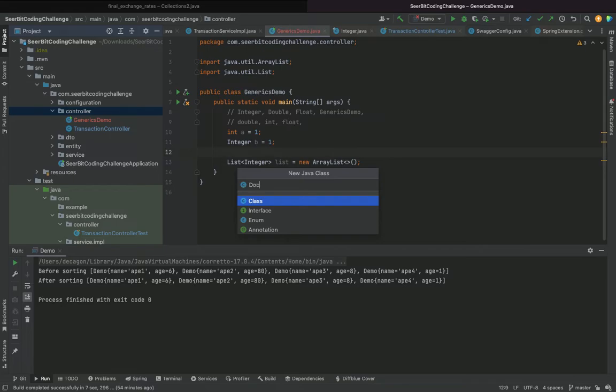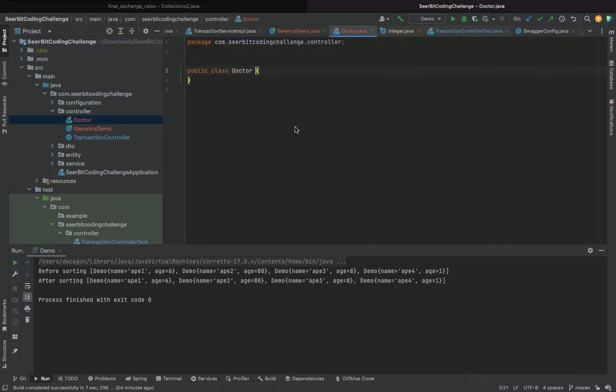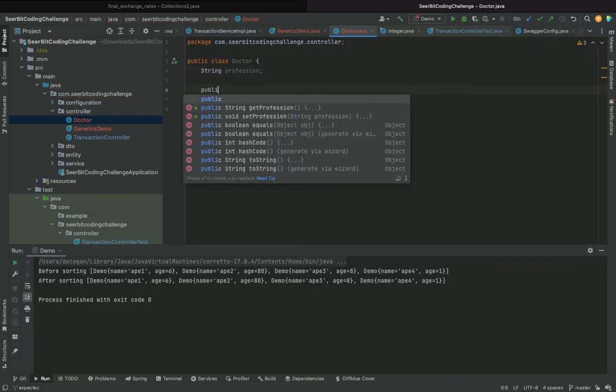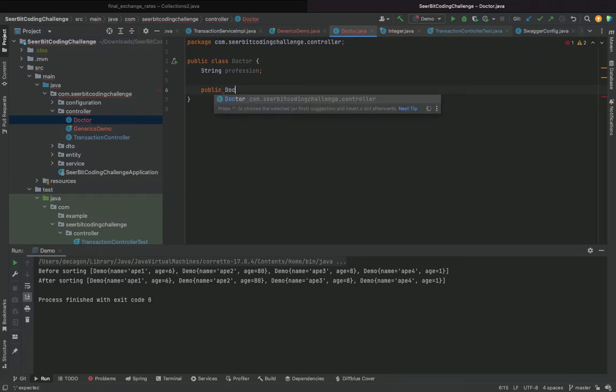What I can do is come here and say string profession, and then I have my constructor, public Doctor.